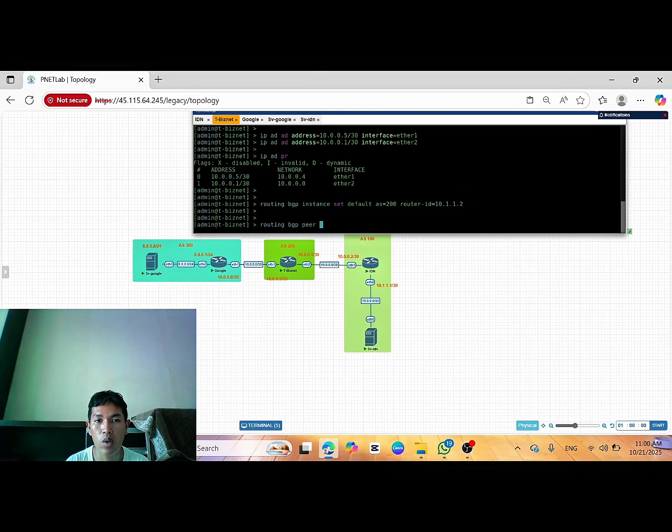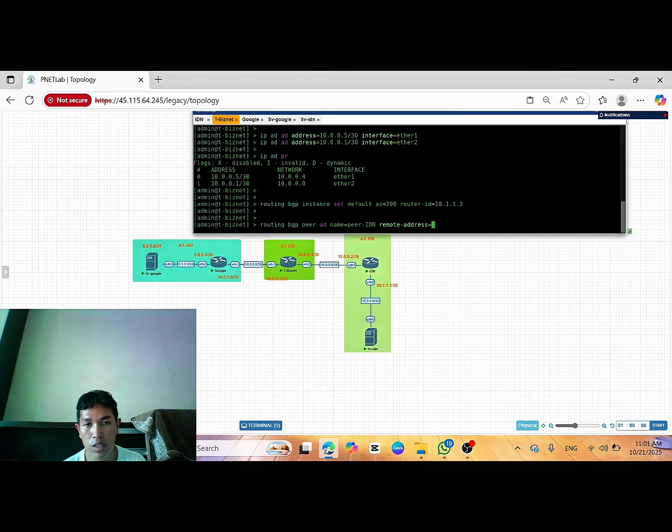Routing BGP peer. We can add peers for two sites, two AS, for local and for Google. Routing BGP peer, add name peer IDN, okay, remote address.